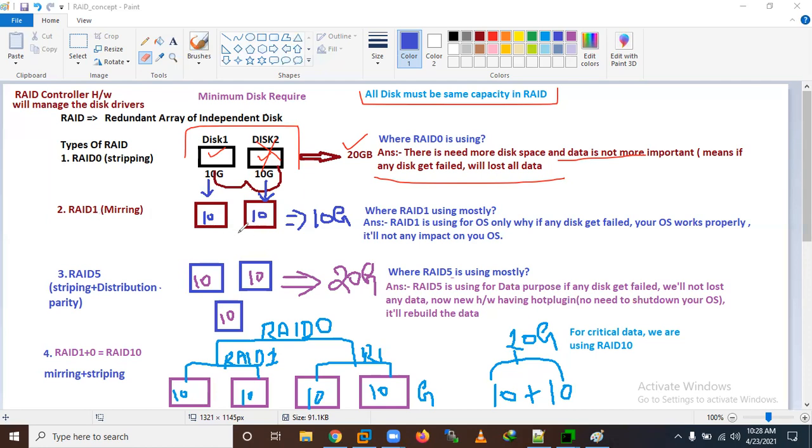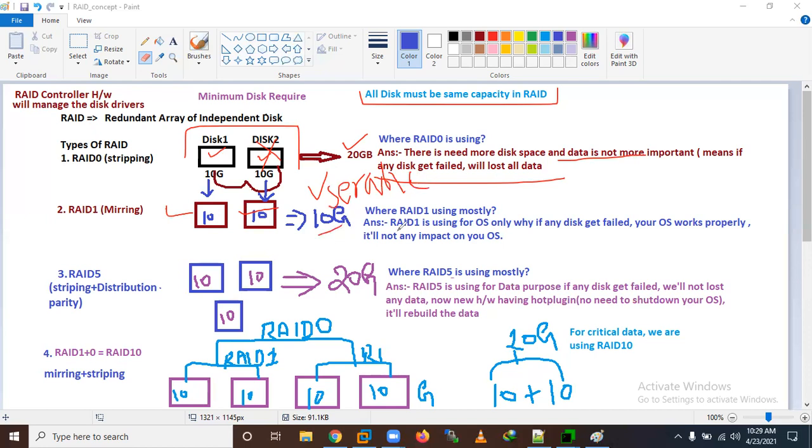So let's go to RAID 1. For RAID 1, we need a minimum of two disks. It is mirroring, like when we see ourselves in a mirror, we see the same shadow copy. If block data is written here, the same shadow copy is written here also. So how much capacity do we get? Only the usable capacity, which is only 10 gigabytes.